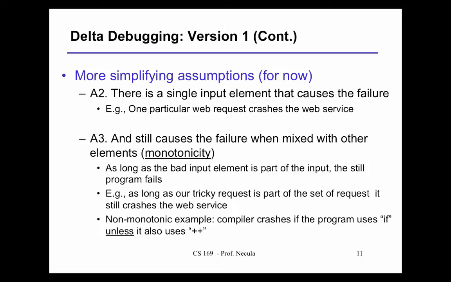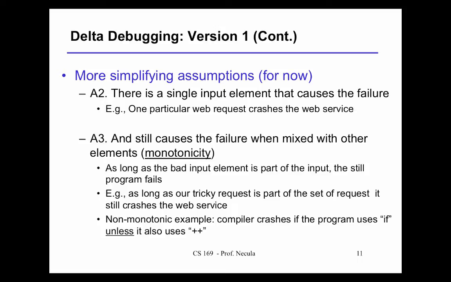There's one element of the input that results in the crash, and no matter how much other stuff I add with it, it still results in the same crash. So this is called monotonicity. A particular input results in the crashing behavior no matter how much stuff I add to it. If I keep adding more inputs around it, it still results in the same crash. Not all problems have this property, but